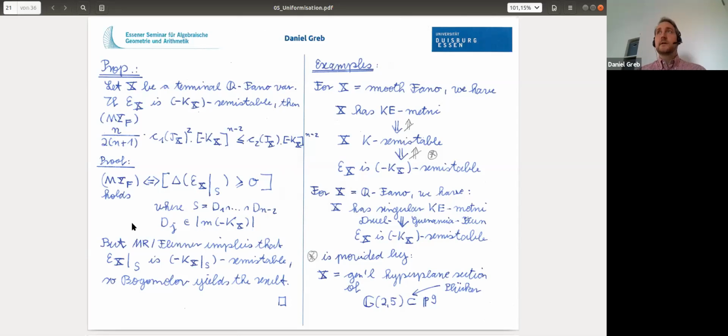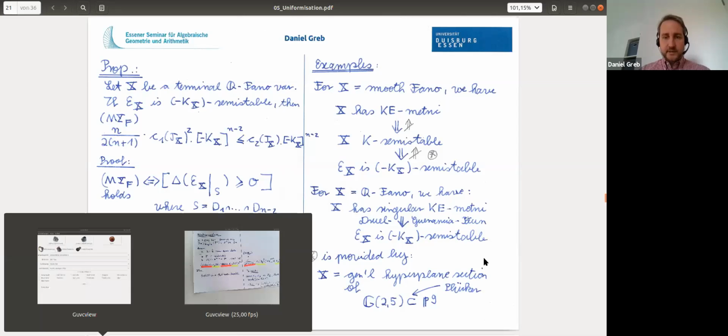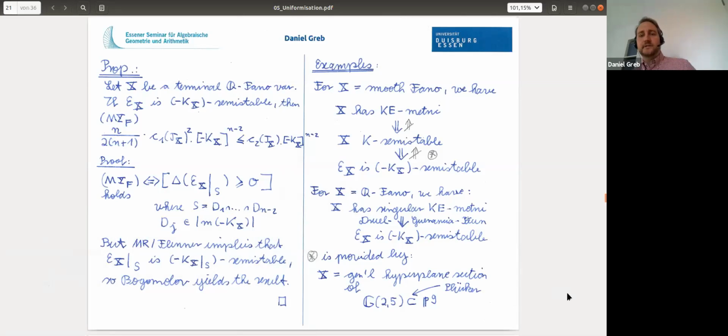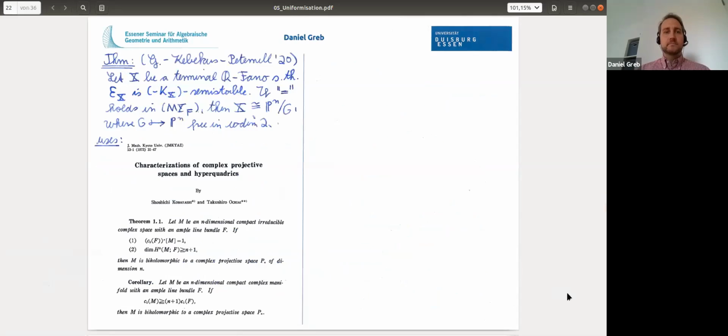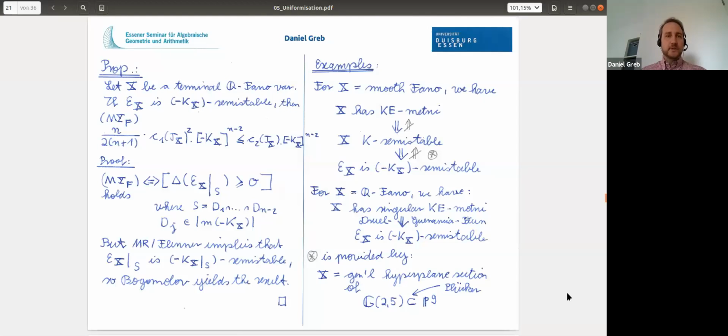Okay, so this is really a more general and, maybe I have not enough time to do that, but also compared to K semi-stability, a very easily checkable condition. To check that this canonical extension is semi-stable as a sheaf, if you have, for example, this hyperplane section of this Grassmannian, you just use standard exact sequences and some vanishing results on Grassmannians, and then you're done. You can prove that. Okay, so now that I have this inequality,